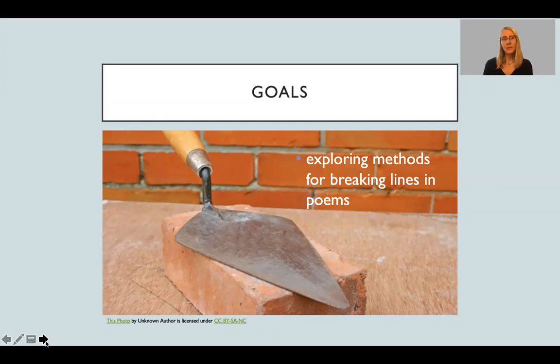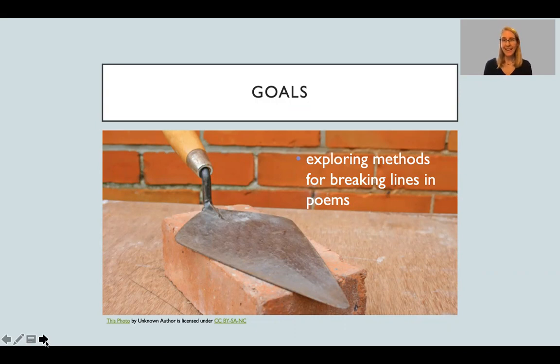When you're a beginning writer, sometimes it can be intimidating to think that the lines in poems are just intuited by poets, that they're just kind of fully formed as they're drafting their poems and it just comes to them, right? And when we're starting out and we're drafting poems and the shape and the form of the poem isn't being fully realized immediately, there are quite a different number of techniques we can use to explore what might be best for the message we are trying to send to our readers.